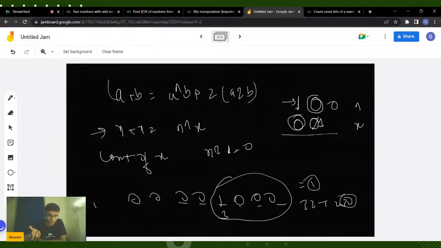But if you're considering a equal to 4, let us say that there are 3 unset bits because 4 is up till here only. So that is kind of a fallacy in our understanding. So this is about that. Apart from that, let us do the problem that we were supposed to do today.